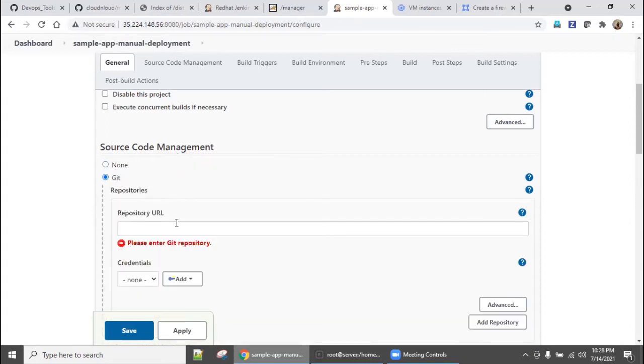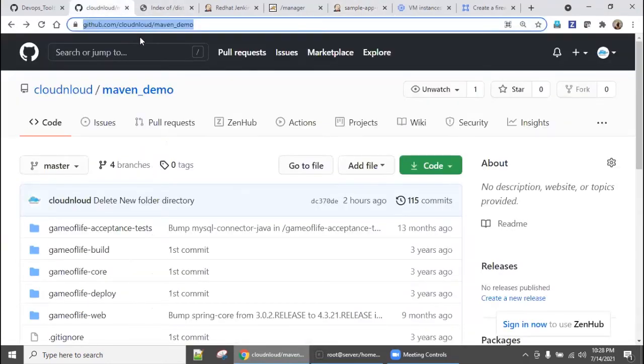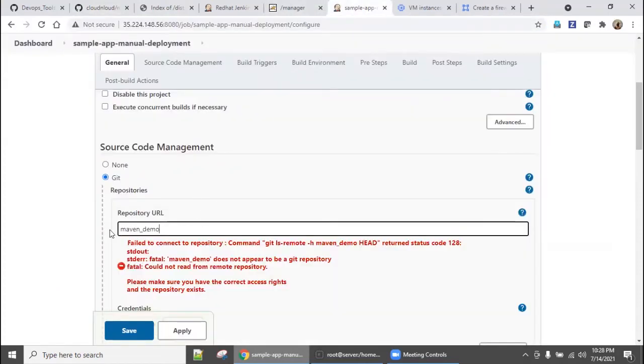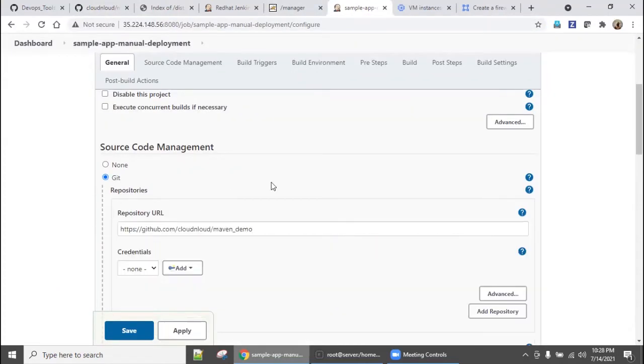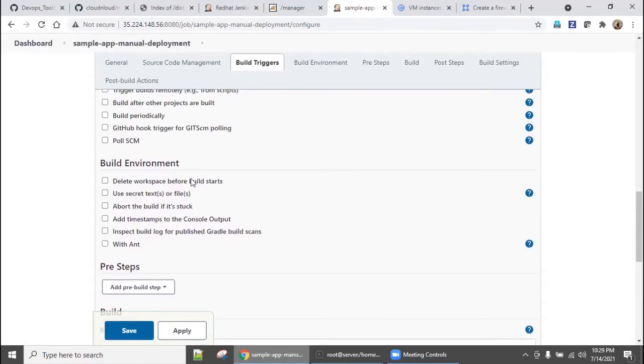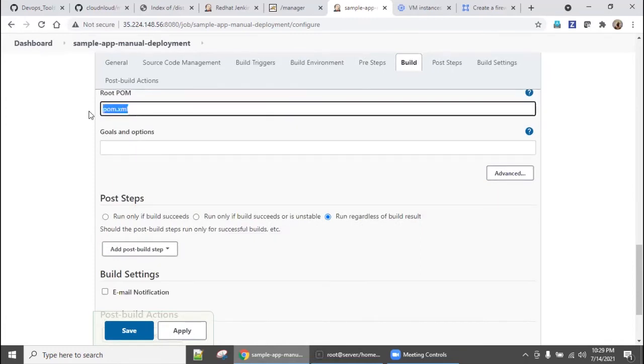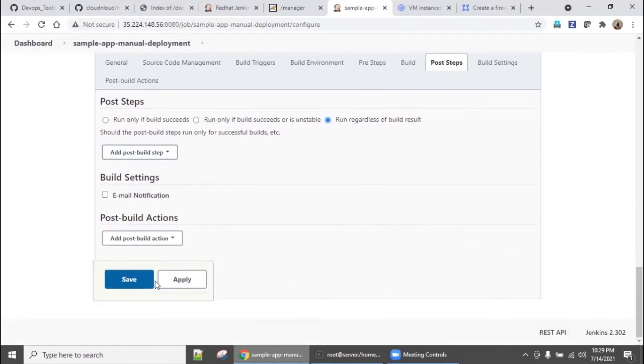So click Git and give this URL, sorry, this URL. Don't give my URL. After you imported, you get a similar URL, right? So you need to give your URL, not my URL. Of course my URL will work, but I would prefer that you go with your URL. Come down, and there is a build environment. We will see these later. Come down. Automatically pom.xml will be detected. We will also discuss what pom.xml is. First, I want to give you a good idea of how it works. Come down, say Save.